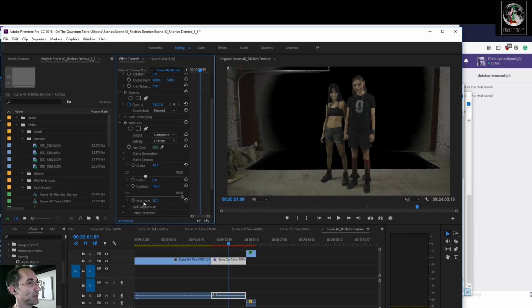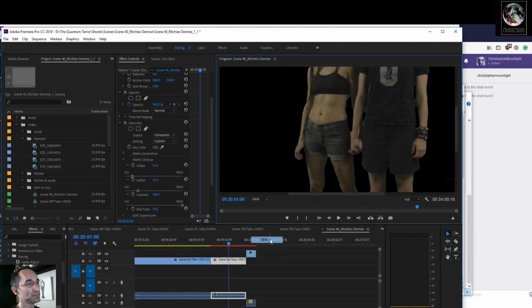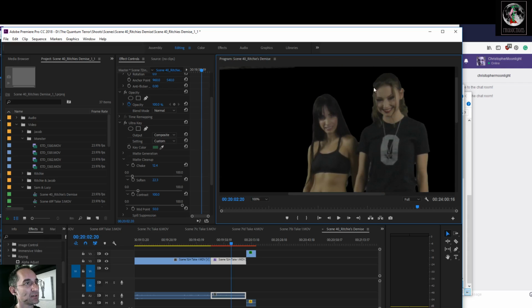We're shrinking them down, making them skinnier. Let's just choke it a little bit, and then let's soften it. See what it looks like up close. There's a pretty hard edge there. Also, when you soften it, it shrinks it down too.